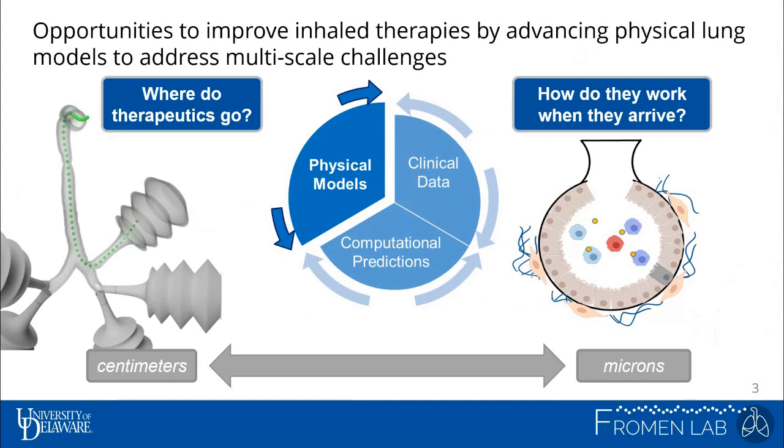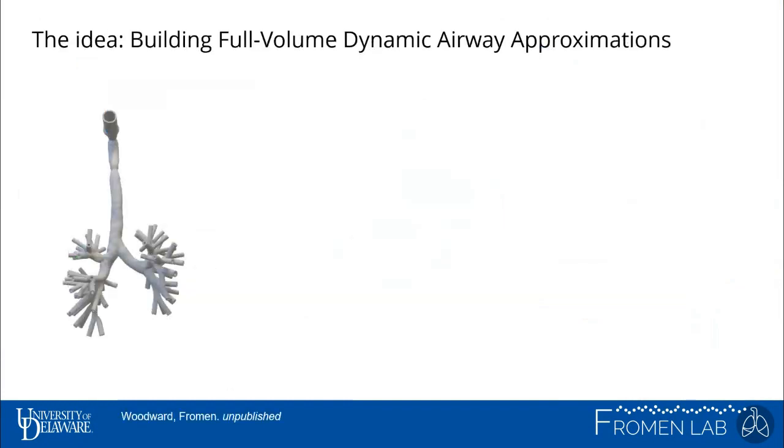And right now, the best way to go about this is to treat these two problems separately. If we could answer where therapeutics go, we could make much better predictions of how they're going to work, because we would know what cells are there, how long they could stay there, and we could better predict what would happen inside the lung. All right, so when I started as an assistant professor, this was my vision: to create